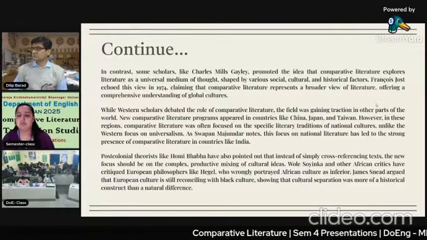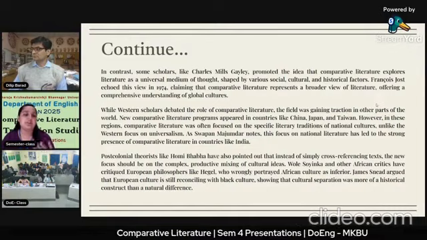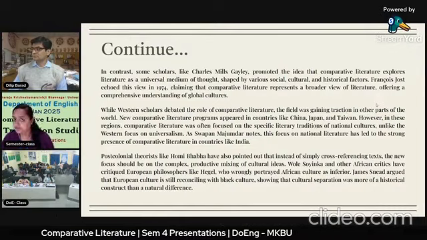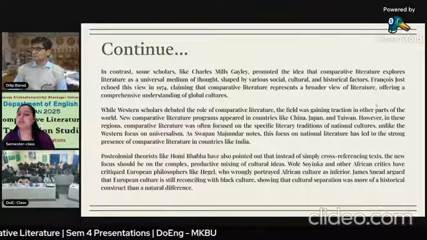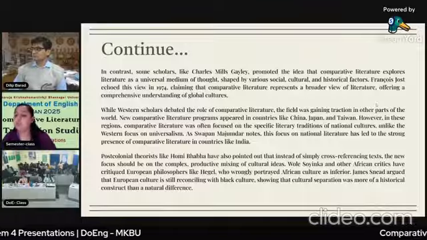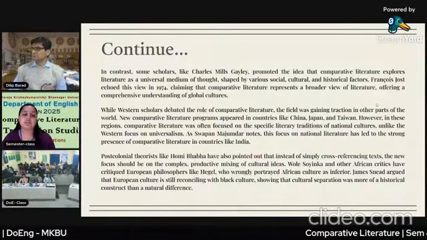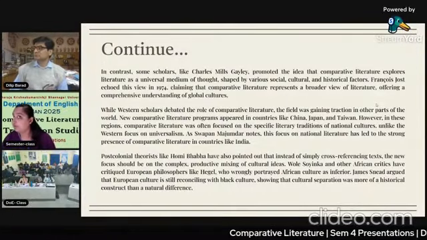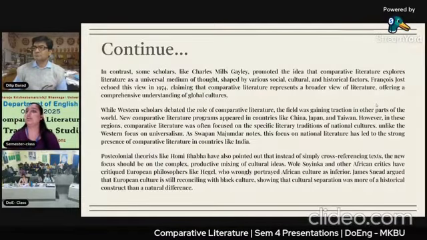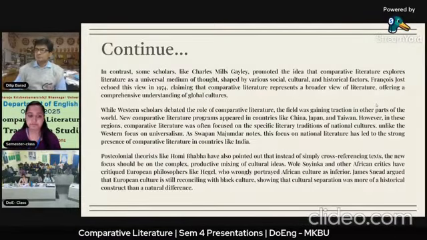And James also argued that European culture is still reconciling with black culture, showing that cultural separation was more a historical construct than a natural difference in skin tone or thought process also.